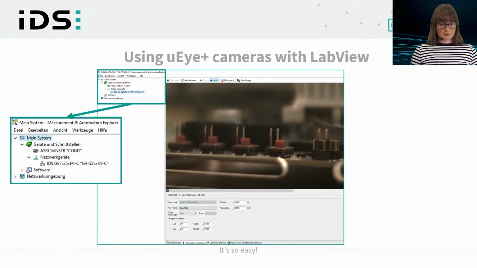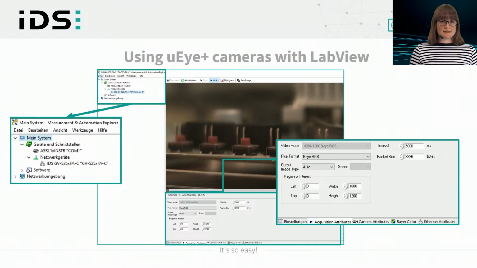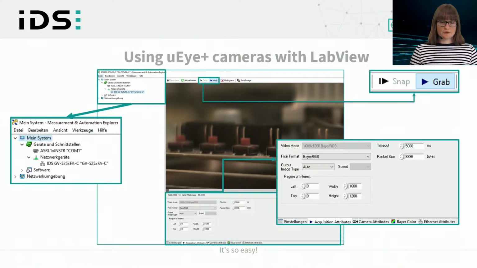And by double-clicking that camera, you can also access the features and do parameter settings. And afterwards, of course, you can also choose between snap or grab. If you do your own application in LabVIEW, LabVIEW itself provides a variety of samples that show how to use vision-compliant cameras in your own program. So you can use that to start off.